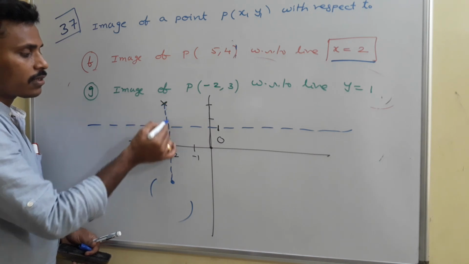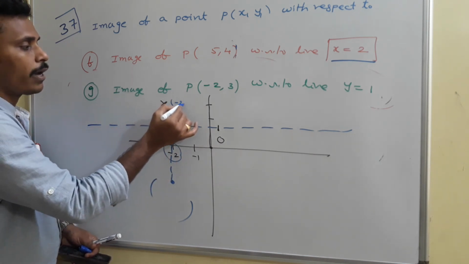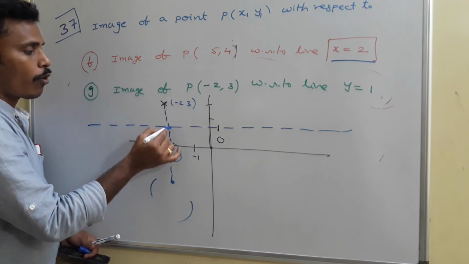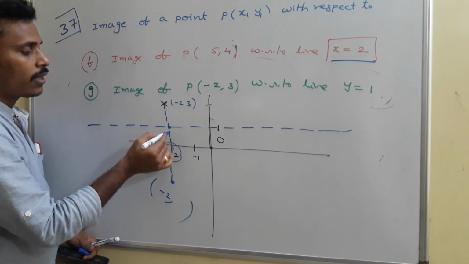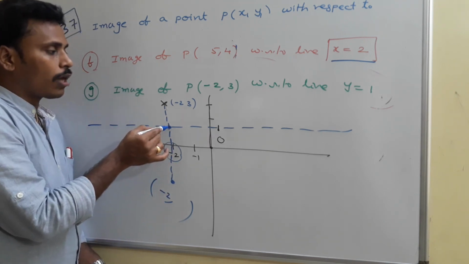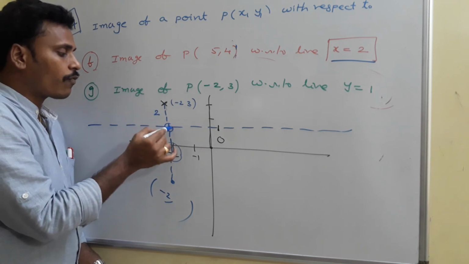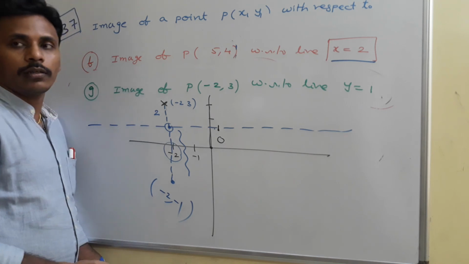Right? See, again for this line the x value is minus 2. So this point is minus 2 comma 3. This point is minus 2 comma 1 and this point is minus 2 comma something. The same distance you need to move down. From this point to the top it is 2 units. Again from this point you need to move 2 units. This is 1 and there you will get minus 1.